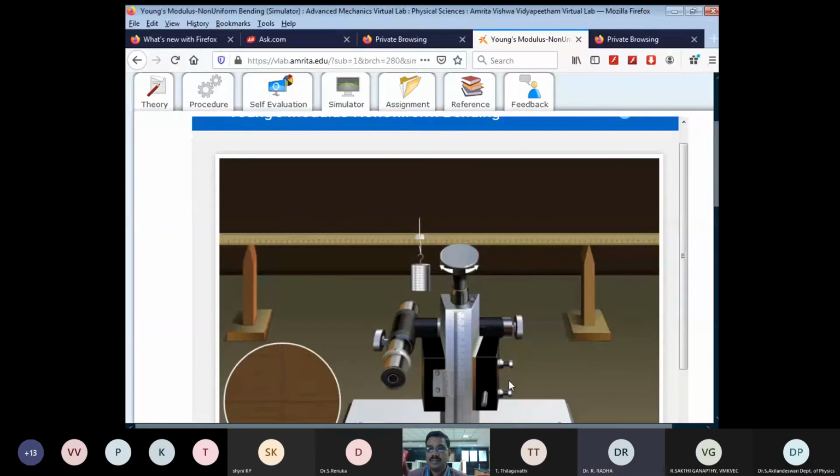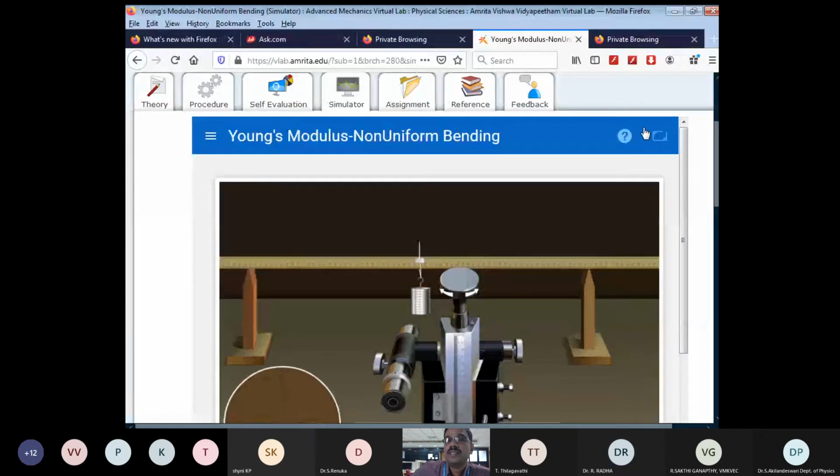Sendal, sorry to interrupt you. Madam, please. Usually when you do this experiment in a real-time lab, you calculate the shift for some 50 grams or 100 grams, right? So where does this come here? Madam, what we suggest our students is to note down the readings and do the calculations, tabular column, everything he has to have in his notebook. So he has to do it manually. Yes, madam. Otherwise, he may not know how it comes like that.